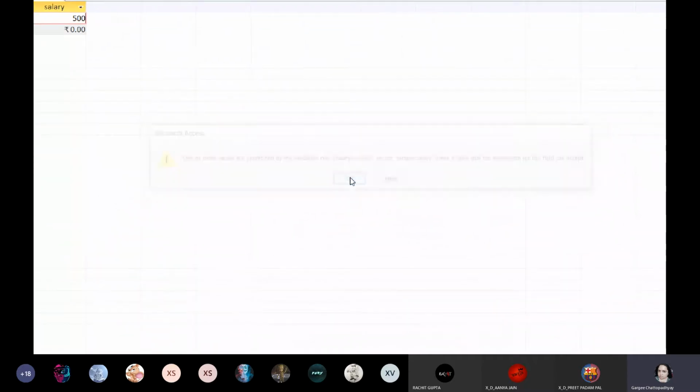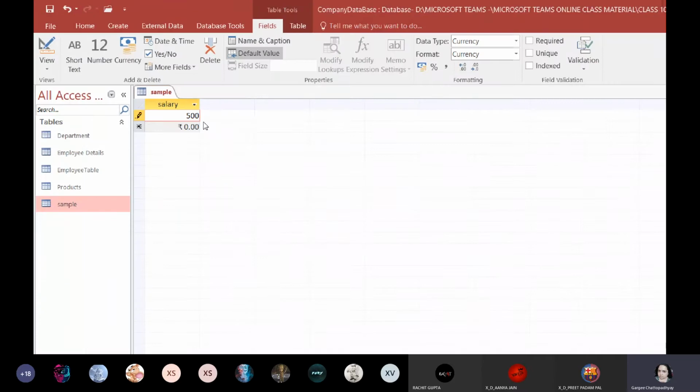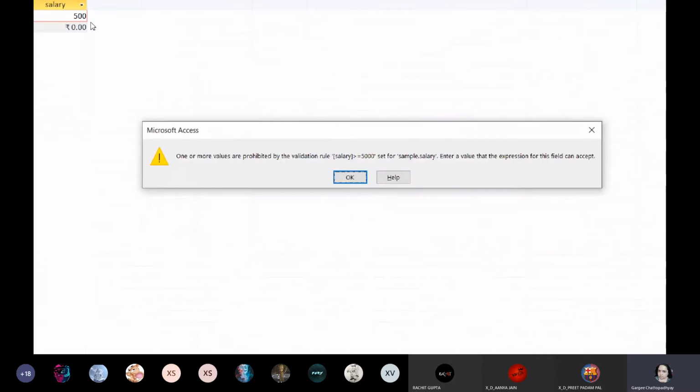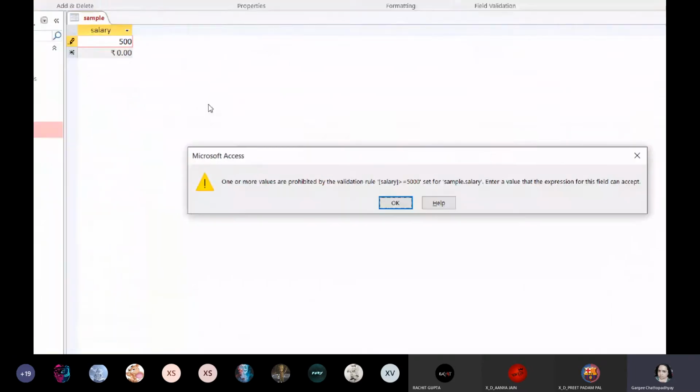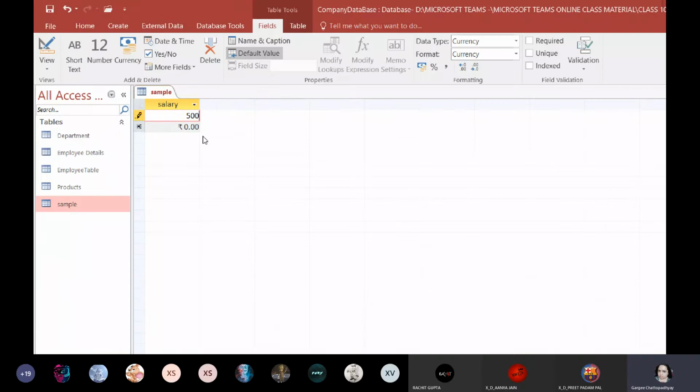So this is giving me an error and it is not going. I'm trying to press the down arrow key. It still gives me this error. I'm trying to press the enter key. It is giving me this error. So it will not allow me to proceed further with saving the table or anything until and unless I enter the correct value. So now if I add another 0, it will allow me to enter the value. Did you all understand what is happening over here?